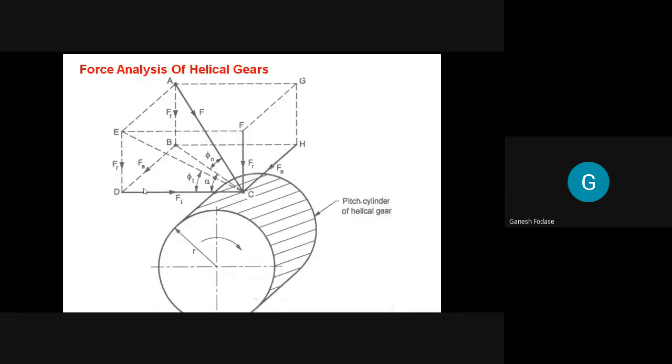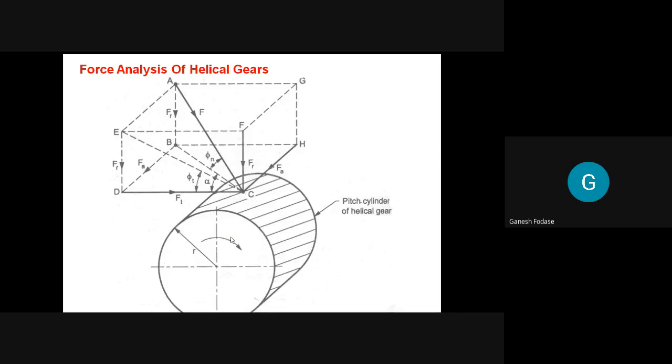And the last topic in helical gear is force analysis. In helical gear, we've seen there are forces like axial force, which acts along the axis, and radial force, which acts in the radial direction. At the same time, there will be a tangential force. So in helical gear, it is very important to understand the different forces acting on each gear. There are three types of forces: tangential force, radial force, and axial force. Remember, the tangential force is responsible for torque or power transmission, while the radial force and axial force are not desirable. The radial force tries to separate the two gears, while the axial force produces thrust.